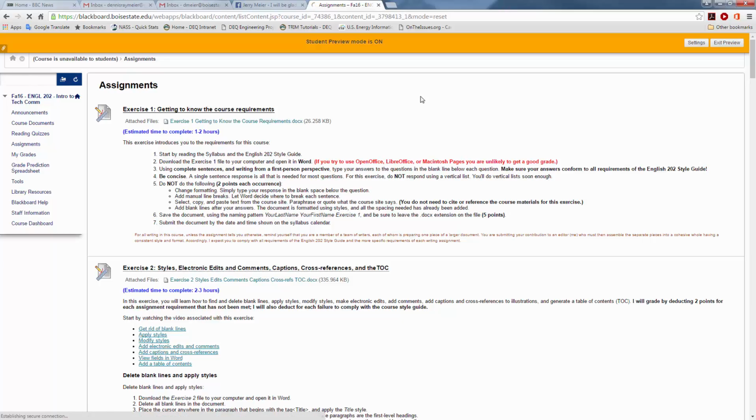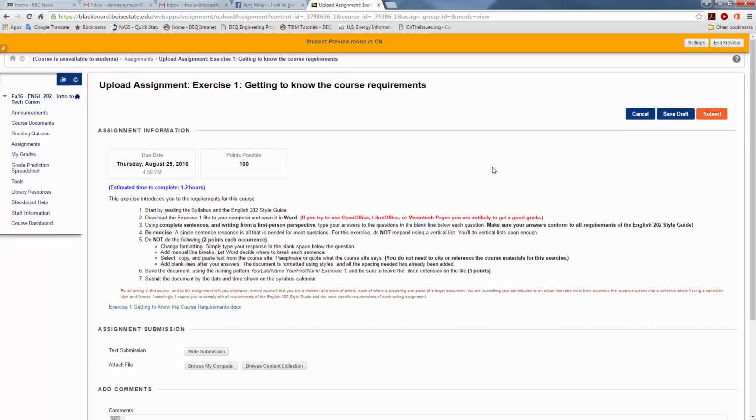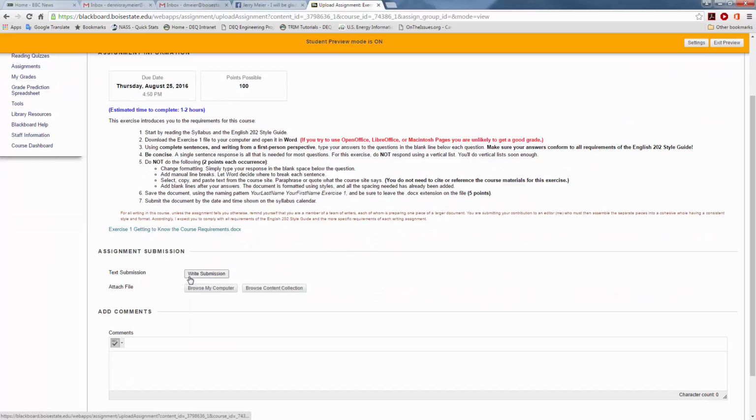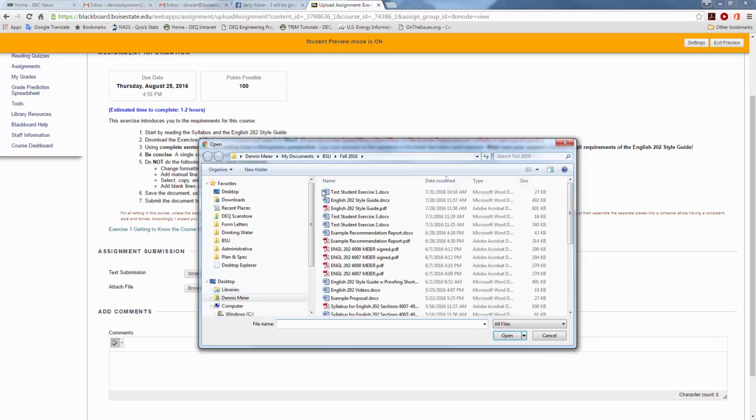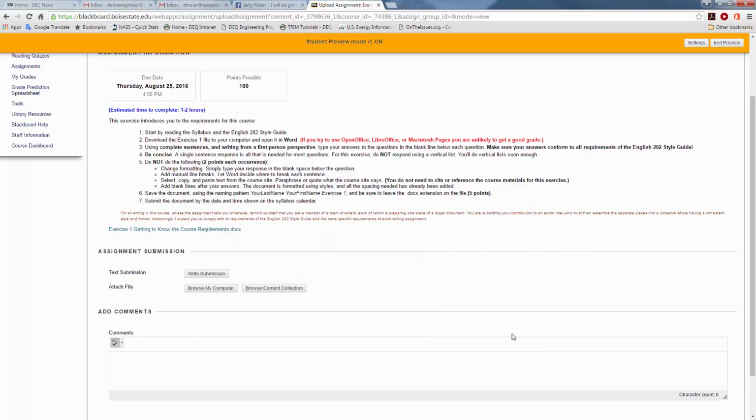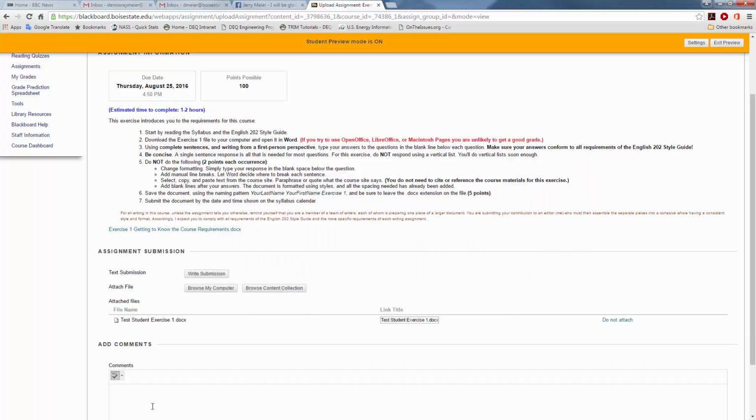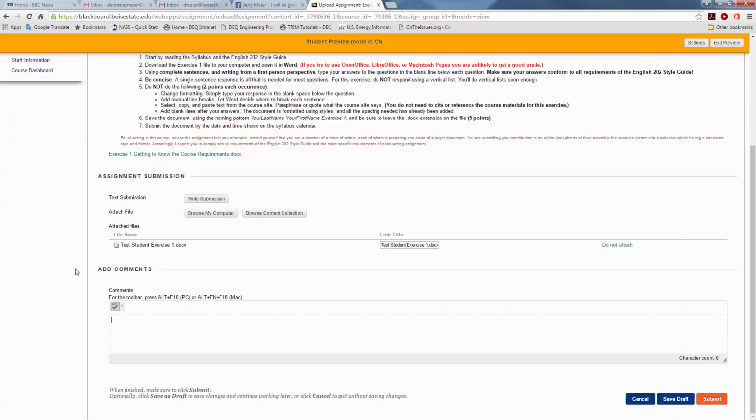And then I'm going to click on the name of the assignment. And that brings up a window here where I could write a submission, but that's not going to work because you need to submit things in Word format. So I'm going to browse my computer, go find the file, click on it. It has been added. Sometimes people want to add comments. I usually don't look at those, but if you want to add some comment to the submission, that's fine. I click submit,